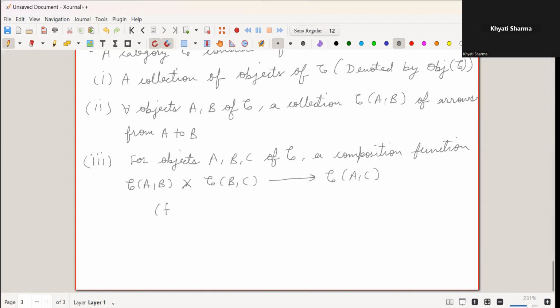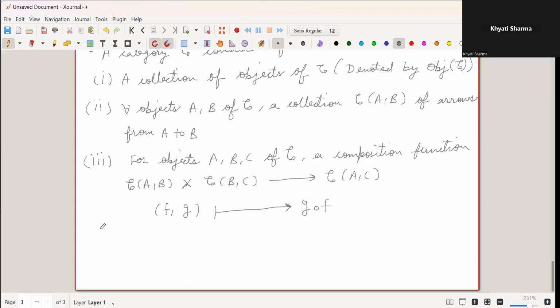If f is an arrow from A to B, and g is an arrow from B to C, then you should be able to map it to g composed with f. So the composition is also there in these arrows. That's the third property,